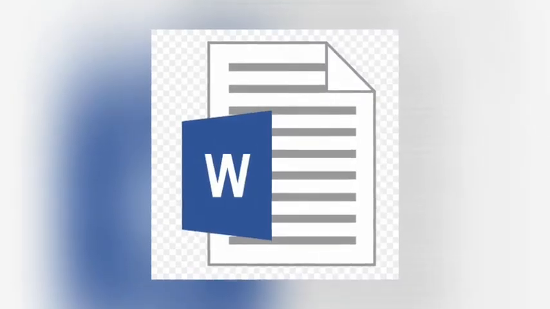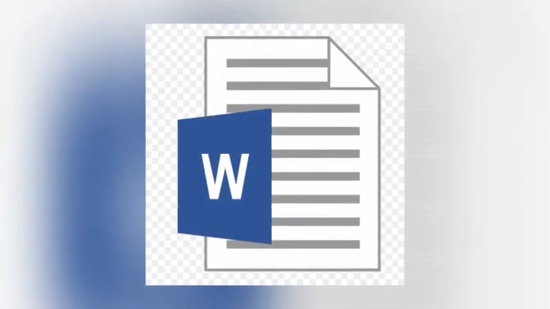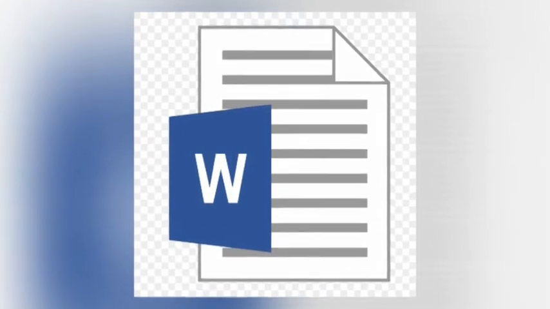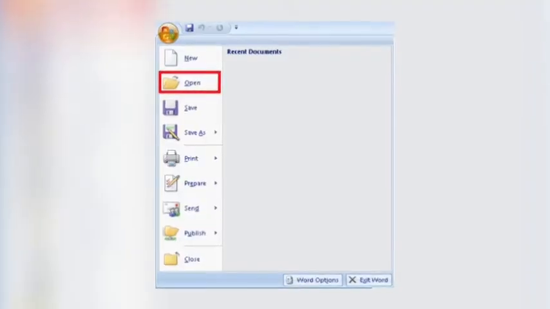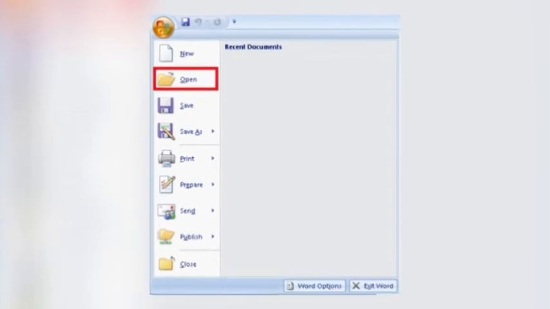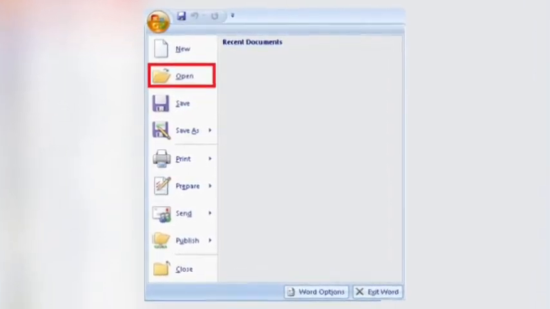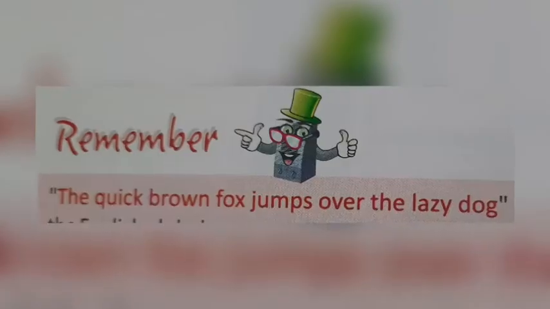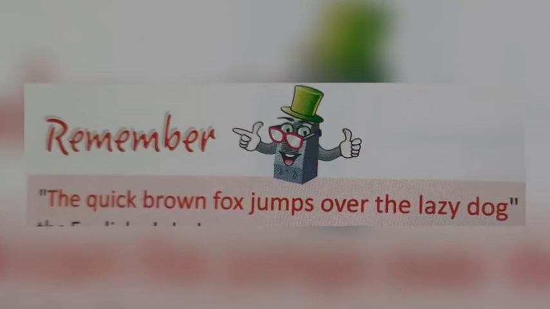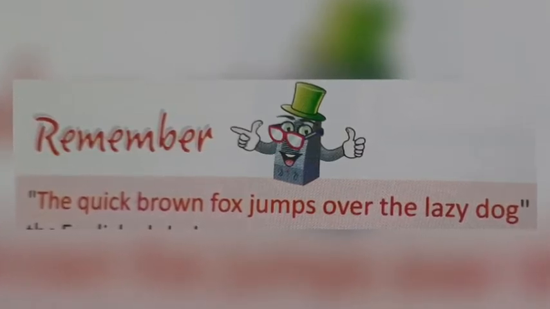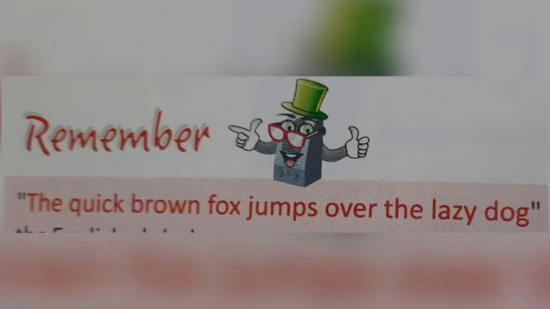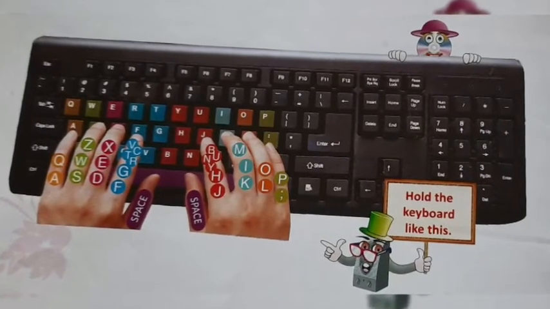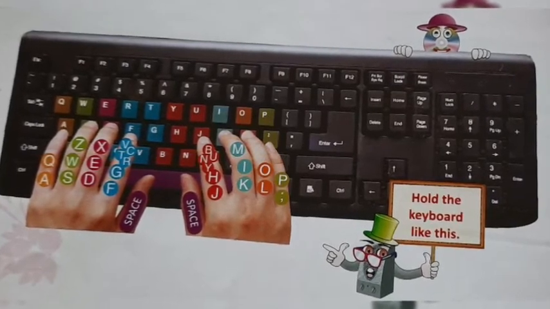With the help of your parents, you can make a Word file in the computer with your name, class, division, rename and write, make a Word file where you can type this. The quick brown fox jumps over the lazy dog again and again in one page. So you can get all the alphabetical keys. So again I will remind you from which finger you will type T. Let's start from the beginning.